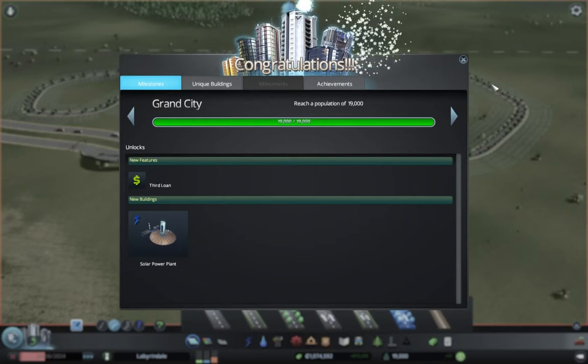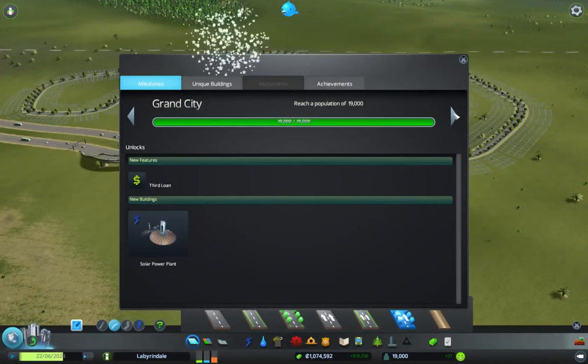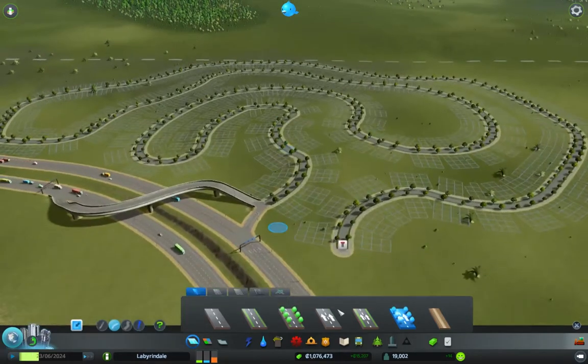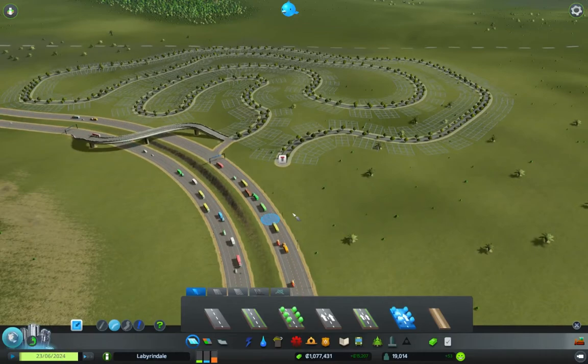Alright, well, we'll keep working on those. The main thing is solar power plant. Okay, what's our next? Do we get ships next? Yes, at 32,000 we get ships. Okay. So